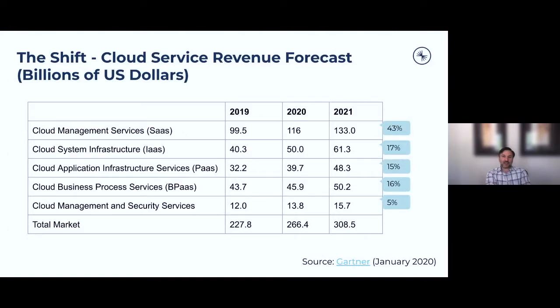And I think you see this reflected if you look at where the money actually goes. So this is a report from Gartner, and you can see it was from January 2020, from before the pandemic. So we can all be certain that the 2021 numbers are probably much better than this because of the shift that companies and agencies were forced to undertake to move to the cloud more.